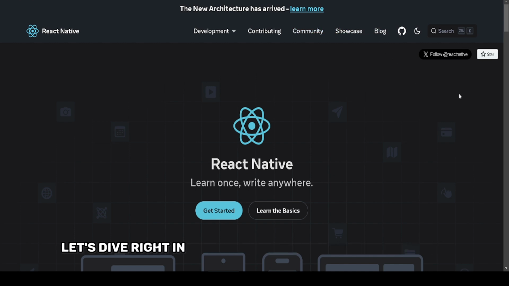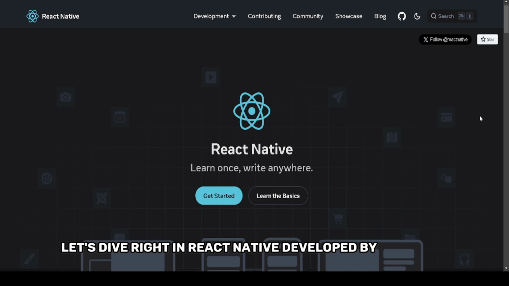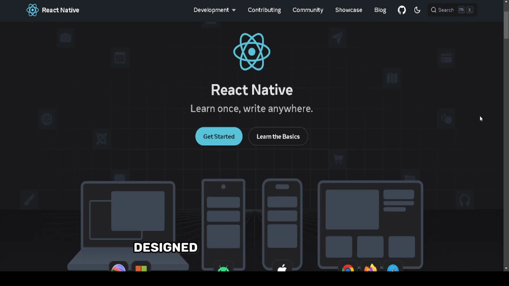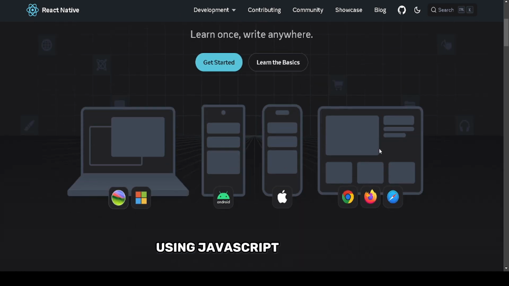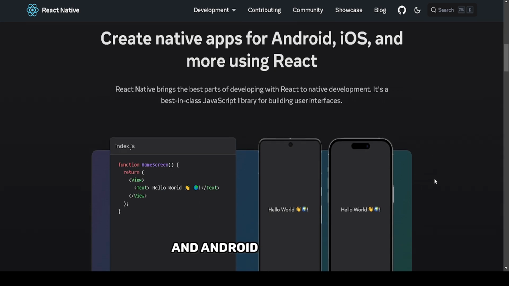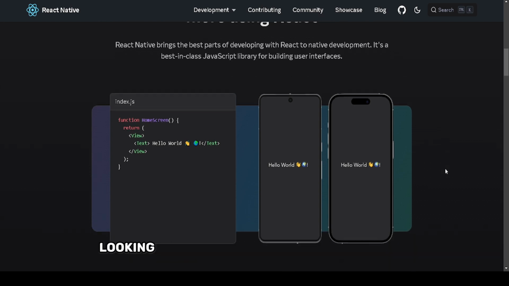Let's dive right in. React Native, developed by Facebook, is an open-source framework designed for building mobile apps using JavaScript and React. Its standout feature? The ability to write code once and deploy it across both iOS and Android platforms. This saves time, resources, and effort, making it an ideal choice for startups, mid-sized businesses, and enterprises looking to optimize